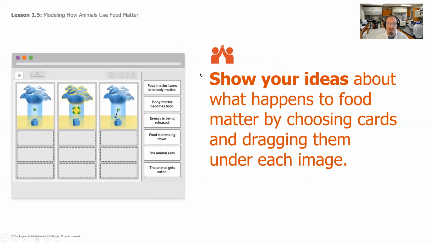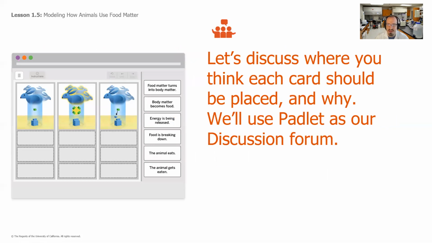So you're going to show your ideas about what happens to food matter by choosing cards and dragging them under each image. And then we're going to share it out and have a little bit of a discussion with the rest of the class. So once you have everything set, all your cards are in the places where you want them to be, we're going to use Padlet as our discussion forum to discuss where we think each card should be placed and why. So to post to Padlet,